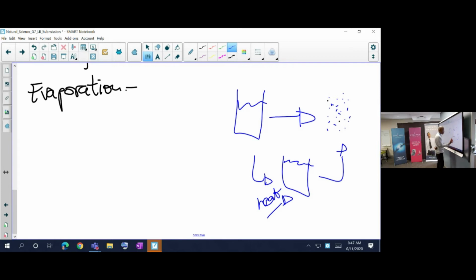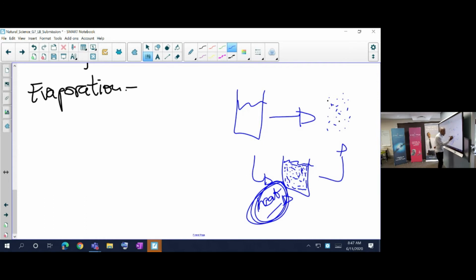As I'm applying heat to this, particles inside my water will start to move around more. They'll gain energy, that energy coming from the heat that I'm applying to my water. So as they move around more, they'll have enough energy to now,